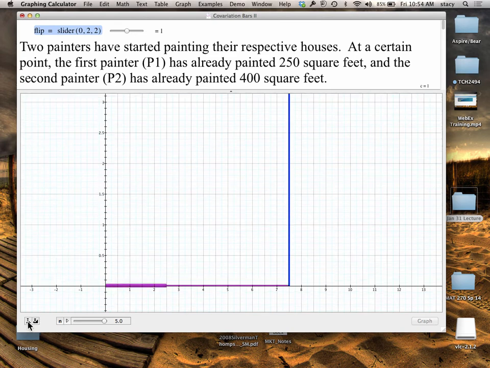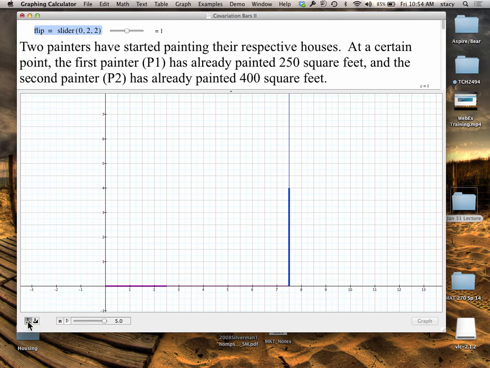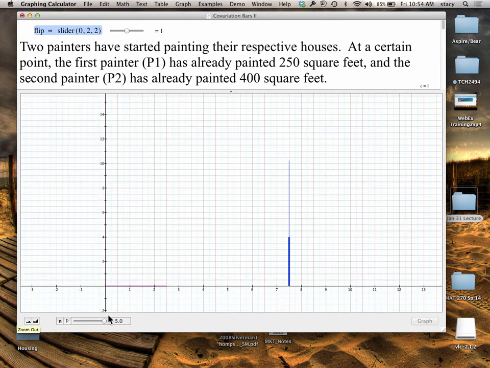Whoops, wrong way. Oh, it does it so fast. Okay, then I can actually keep track of what's going on. So at the beginning, this is where we're at. Painter 1 had painted 250, painter 2 had painted 400 square feet. And then